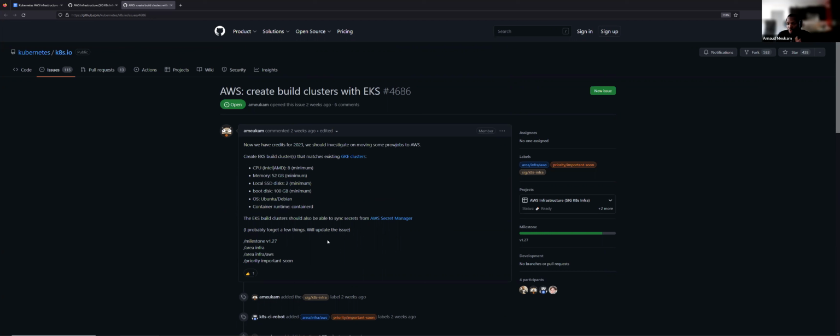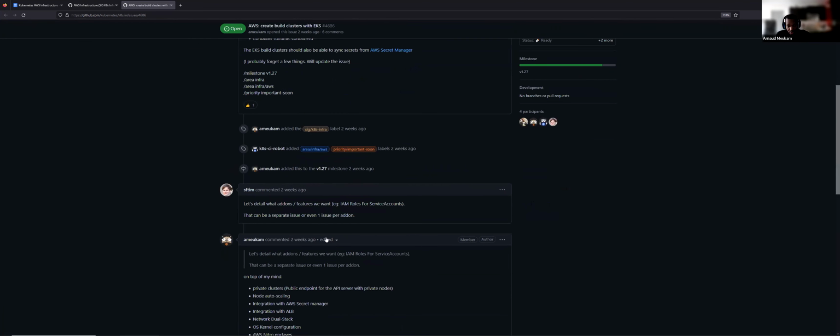We need to be able to bootstrap an EKS cluster matching those specifications, because I want to replicate what's done with GKE. I think that's the first thing. Once we do that, and using some kind of infrastructure as code tooling, my preference will be Terraform, but if people are comfortable with something else, feel free to work on it.